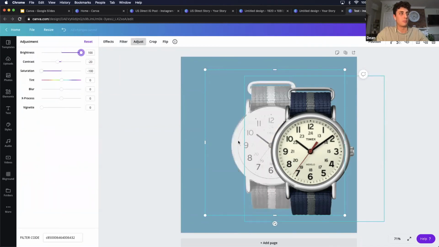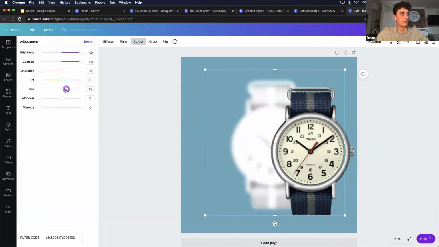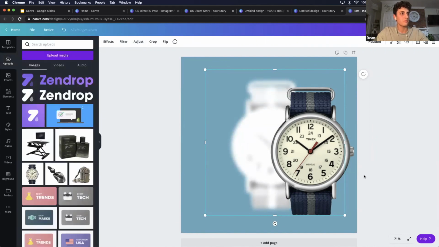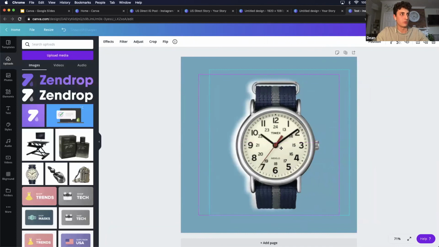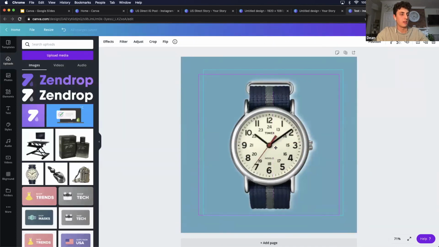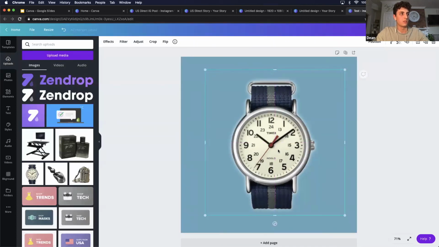I'll bring that brightness all the way up, bring up the contrast all the way, and then give it a little blur, a blur that I like, maybe 25. And then I bring this right back on top. And I've got a sweet glow underneath whatever I'm trying to promote. And it just makes it pop. It's almost like a nice outline.